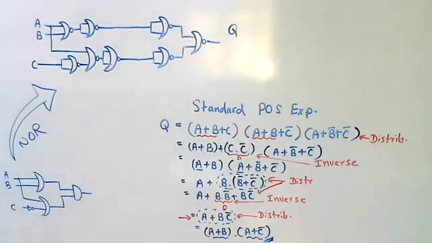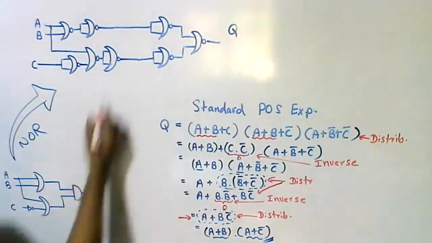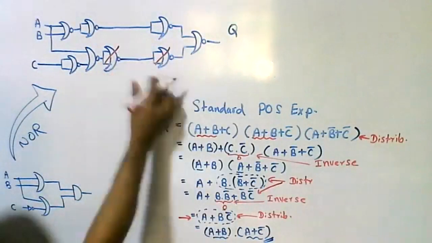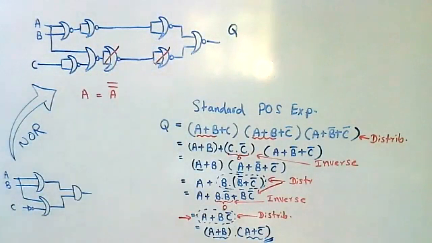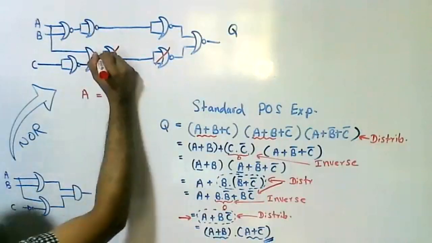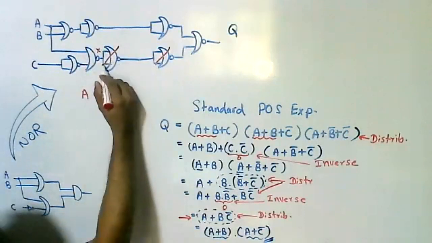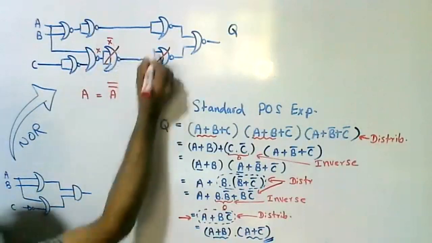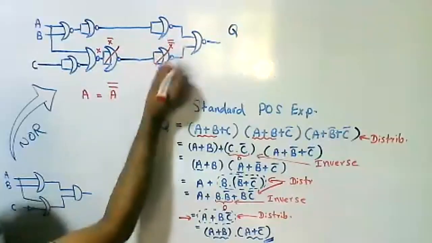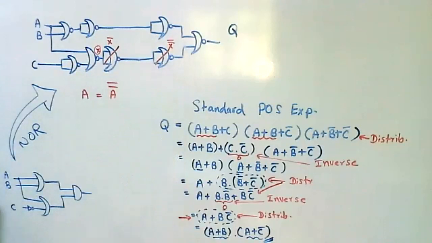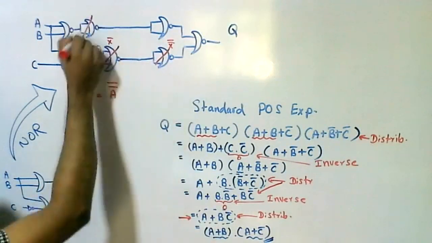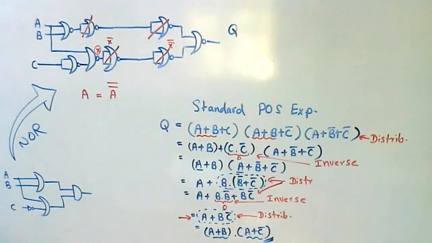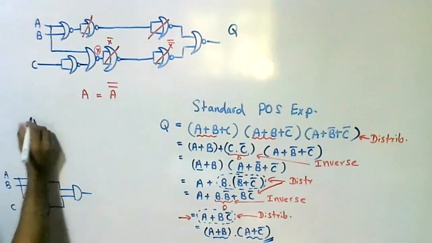Final circuit. So we can even simplify it, because here NOT is there. NOT means A equals A bar bar, double complement law. A equals A complement complement. That means here, for example, we'll think the output is x complement. After passing this, it becomes x complement complement. That means it's equal to x. So no need, we can cut these two NOR gates. Here also we can cut these two NOR gates. Then we can draw the final circuit like this.